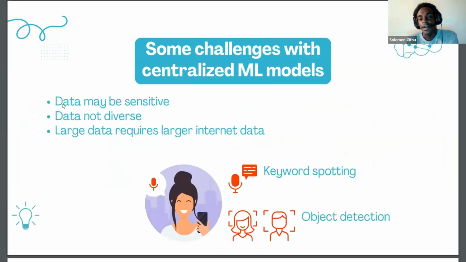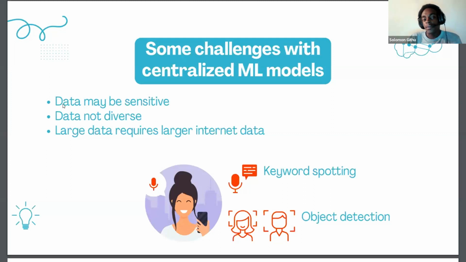And so that's where the idea of having a decentralized model comes in. A good example of a decentralized model is our mobile phones. So if you have a mobile phone, you take it and you say, hey Google, hey Siri. Your mobile phone can detect these words. Your mobile phone also knows how you look. If I take my phone and I look at it, it can unlock the screen because it knows how Solomon looks and it knows that Solomon is a person.